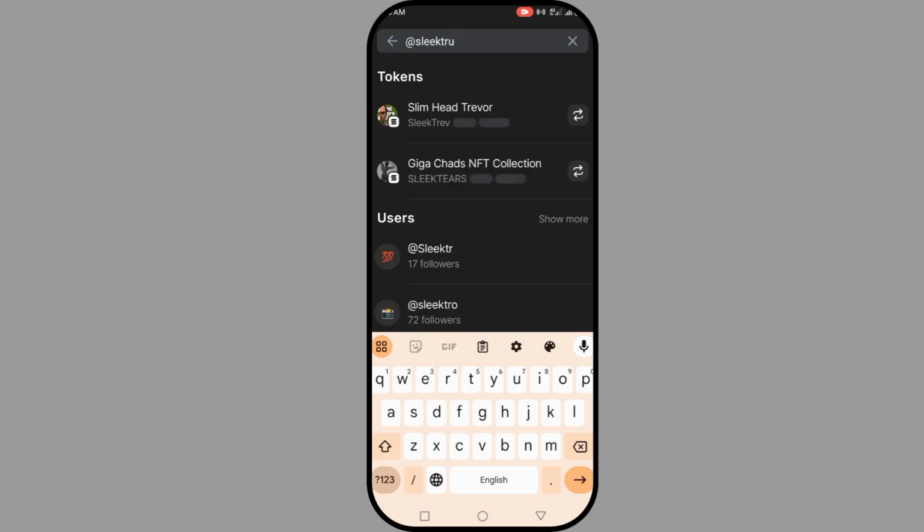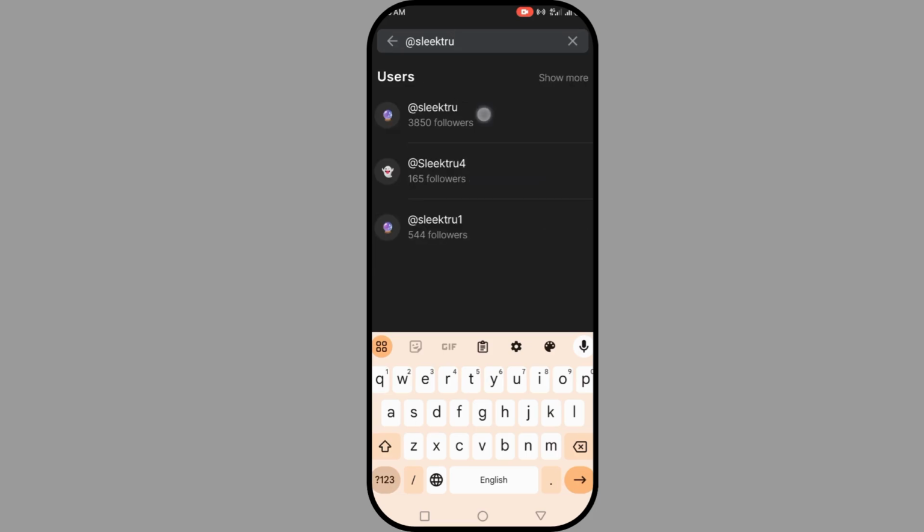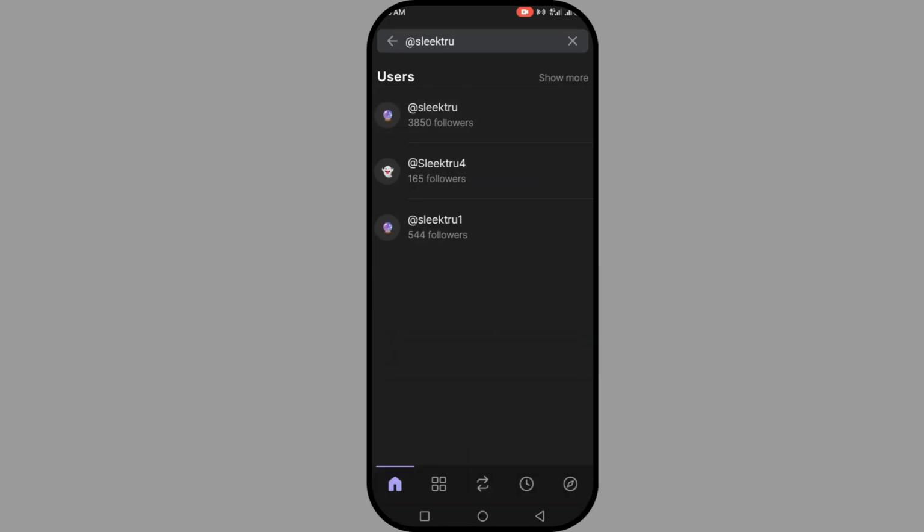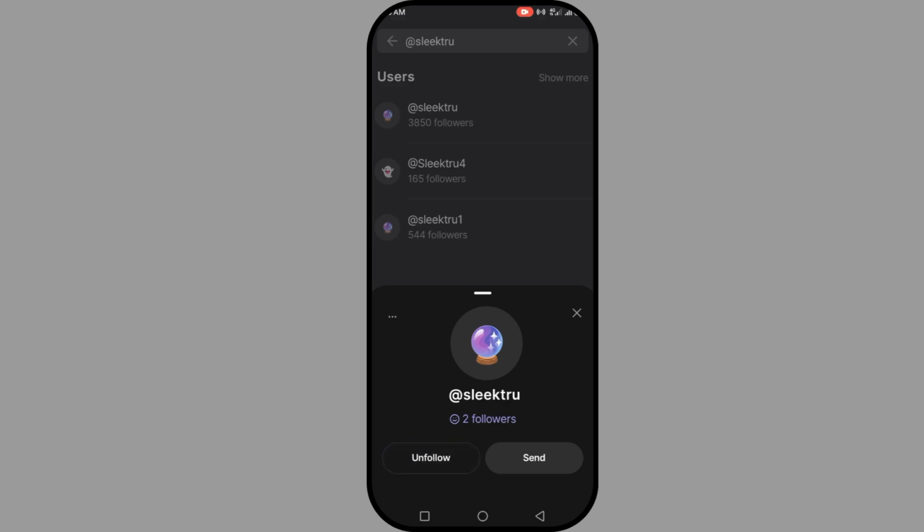You can see, now once you click on it, you'll be able to follow the person. Just click on follow and you'll follow the person, and you can click on send to send your username to that person, and they'll follow back. So if this person is up to follow you back,